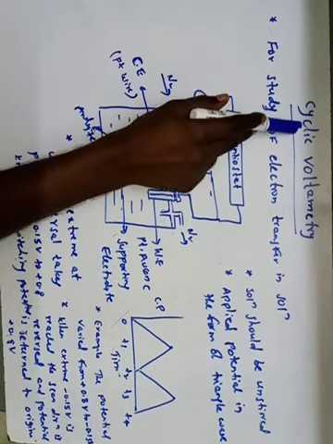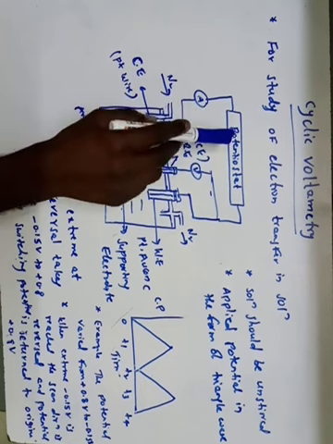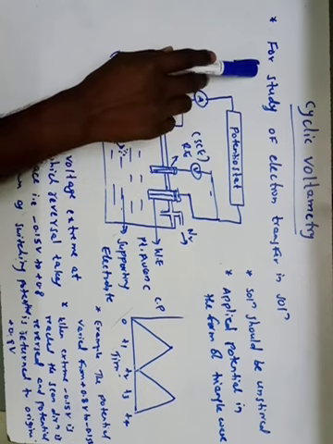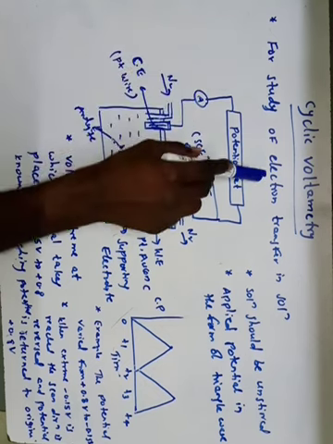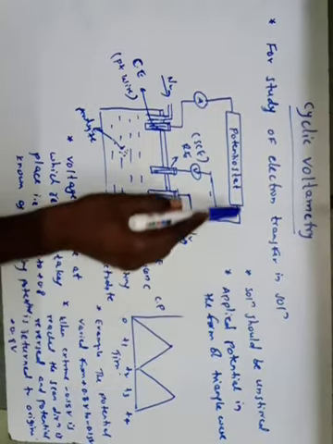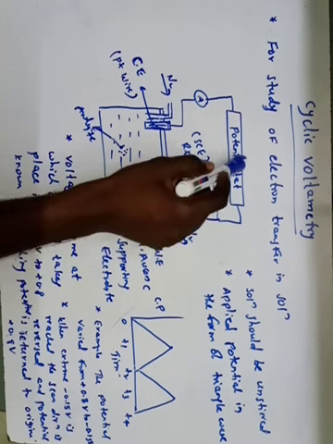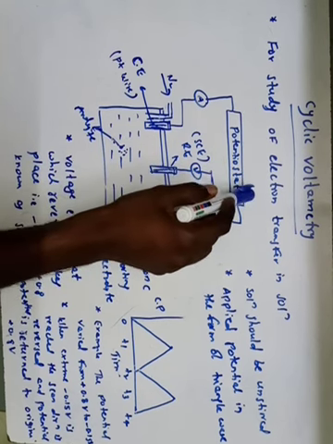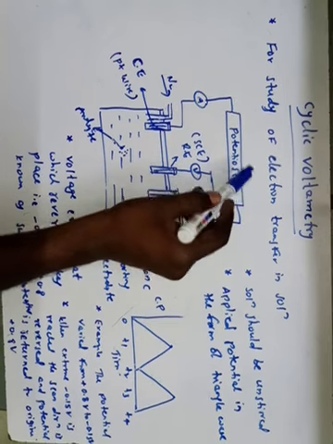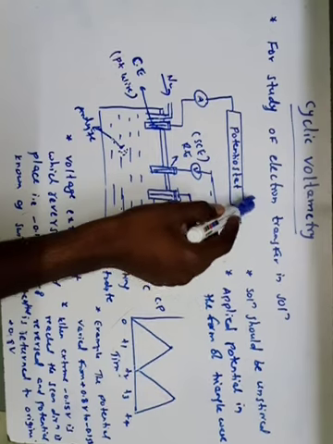Now we are discussing cyclic voltammetry. Cyclic voltammetry is a versatile technique for the study of electron transfer in solution. This is the block diagram of cyclic voltammetry, and this is the potentiostat. It provides the potential and is used to apply the potential to the